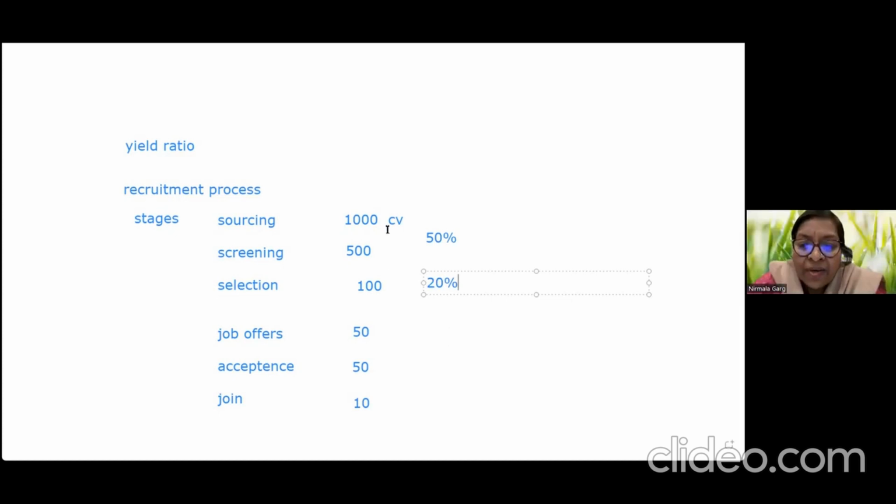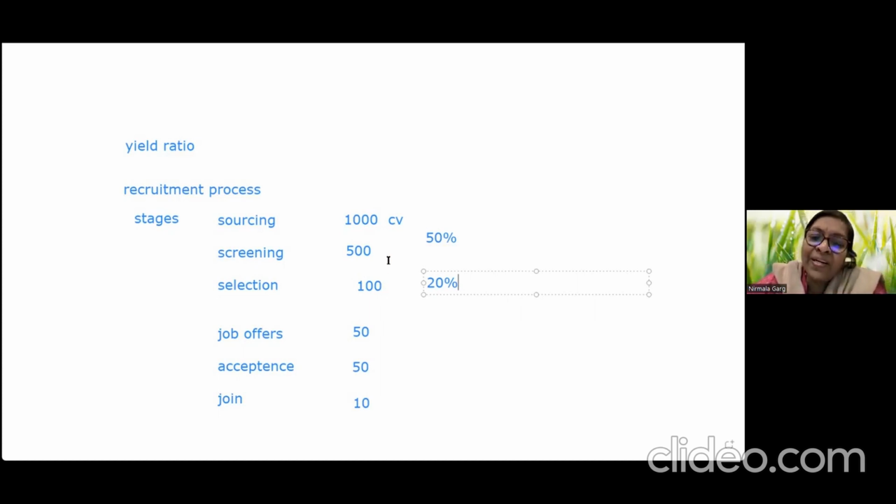Okay. So if you see this, where do you think typically something I need to really look at? Screening. Where is the huge selection problem? Job offer 50%. So I need to look at even selection. That means probably my recruitment tracker must have just looked at skill set. But when I'm selecting, the CVs which have been screened were not really there, because I would appreciate if there was at least 50% selected.